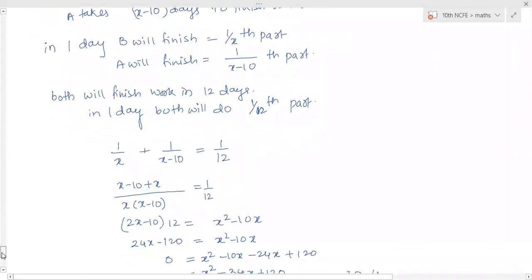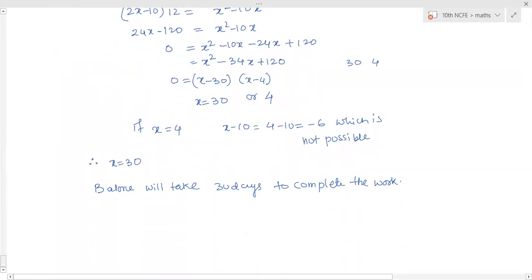The second is exactly the same, only instead of days, they have given us hours. Everything is the same actually. One pipe fills the reservoir 10 hours faster. That means how much time will it take? If one is taking x hours, the second one will take x minus 10, because it is doing faster. When it does faster, that means it is taking less time. The general knowledge, common sense, we have to use it here.